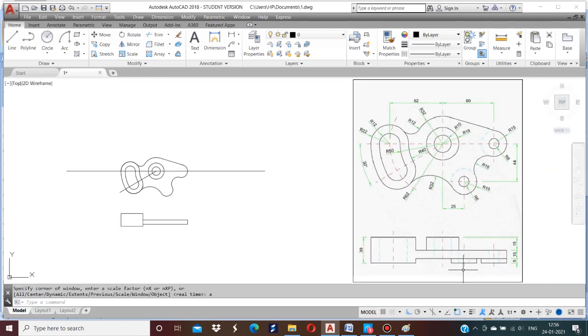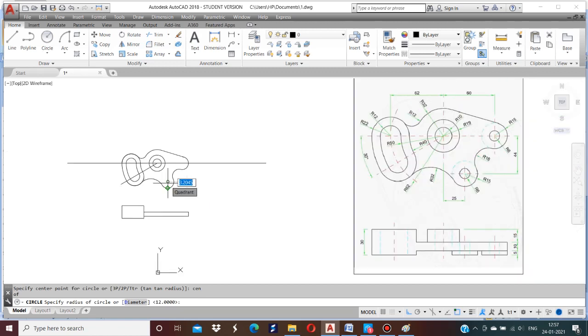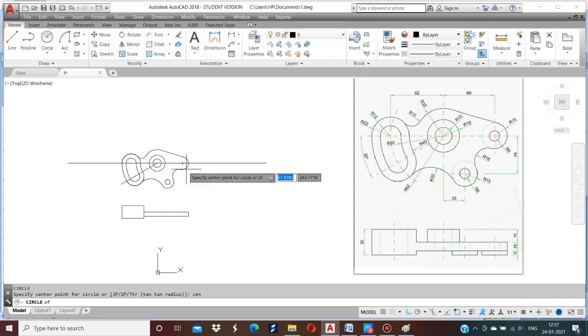Okay, now here you have to draw the circle. Circle at the intersection point, center of the circle, radius 6 mm. We also draw a circle at the center point, radius 6 mm.